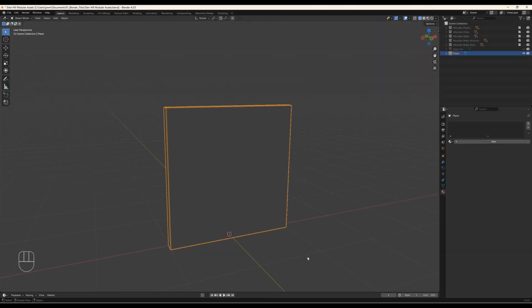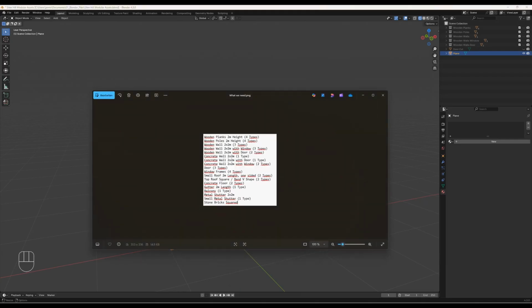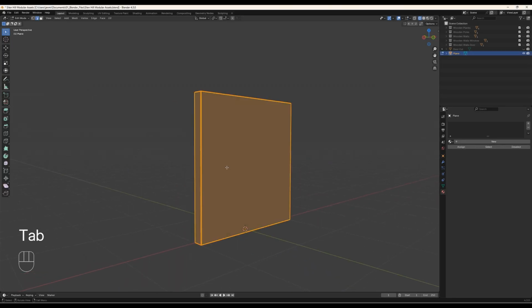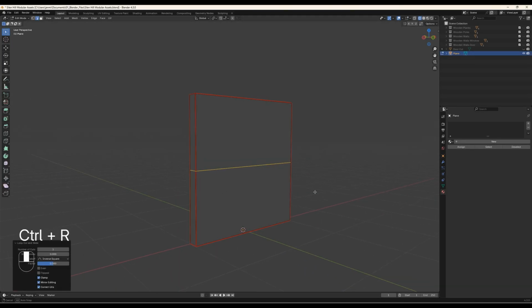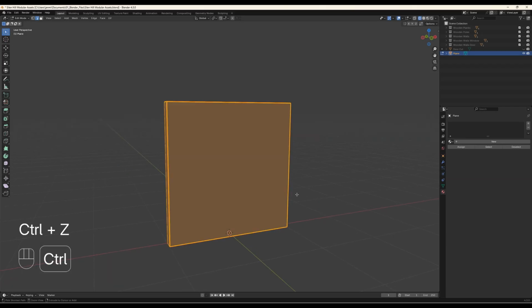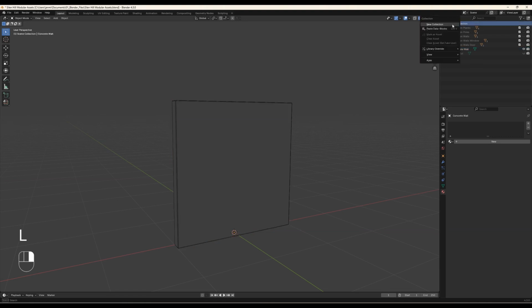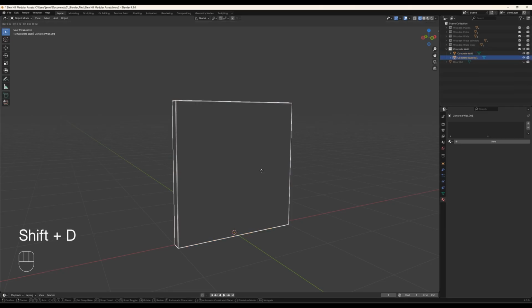So then we have like one type. Yeah, I said we only need one type. And I think this is fine. We can also, if you want to, get this and cut this one in half. So before we do that, sorry, let's just call this one concrete wall. Get a new collection, call this collection concrete wall, put this one inside, and then we can just shift D and click, hide the previous one, so we only have this one here,